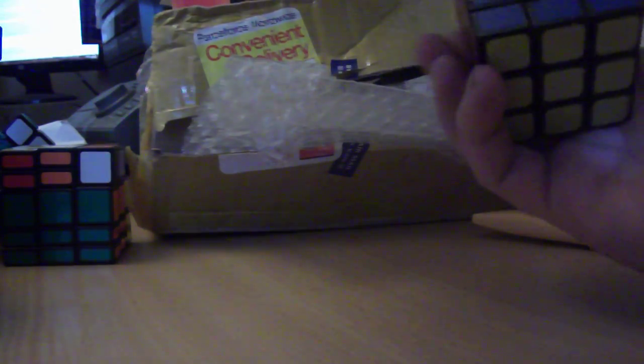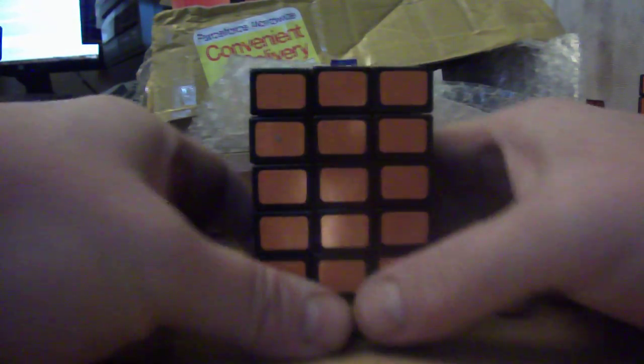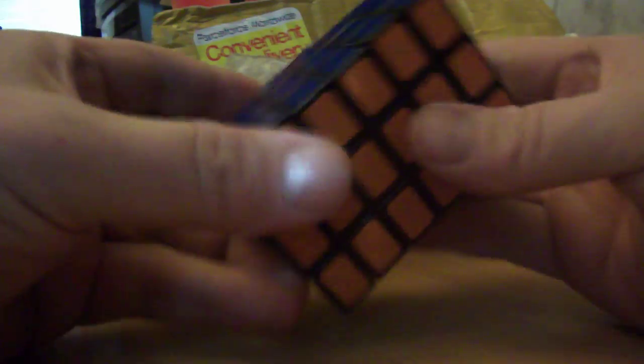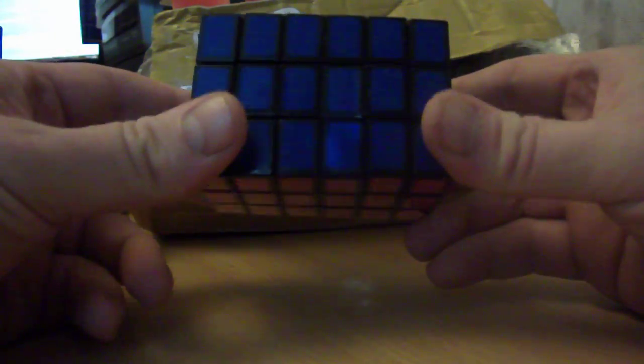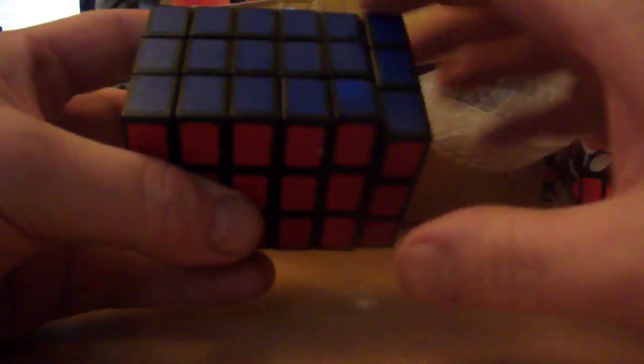Okay, so this is a WitEden 3x3x6 cuboid. It's just going to be the same as a 3x3x4 really, I imagine, but more of it. As you can see, it's not proportional. The cubes aren't square, they are rectangular. But to be honest, that makes it so they just fit in your hand okay. I imagine if it was